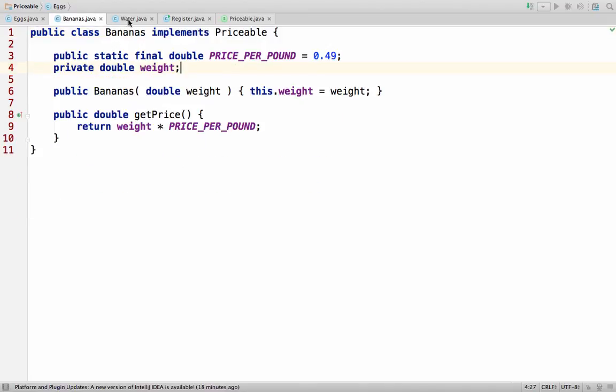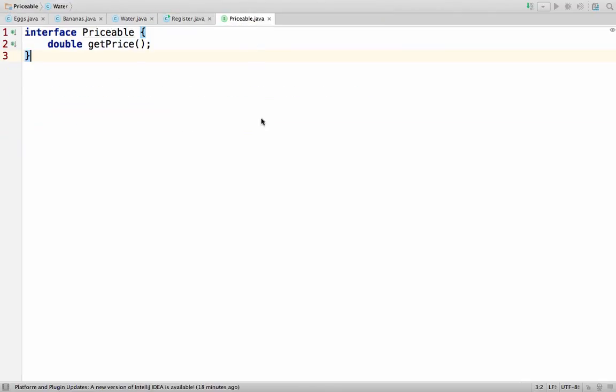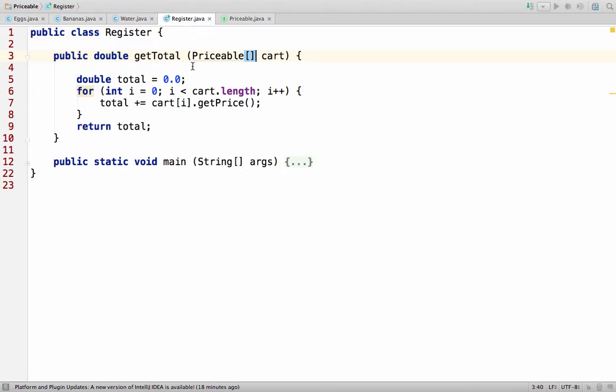All three of them, the bananas and the water and the eggs. The Priceable interface, all that it asks from the classes that implement it is that they provide a getPrice method. This ensures that when we write the getTotal method inside the register, and we just say that the argument that I'm going to give you is going to be something that is priceable,